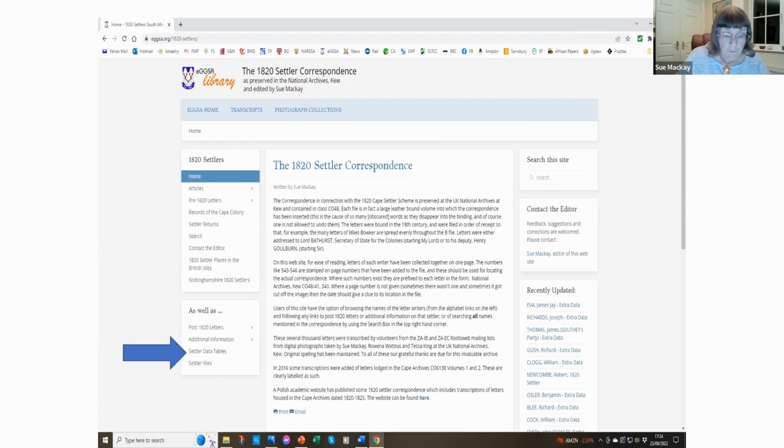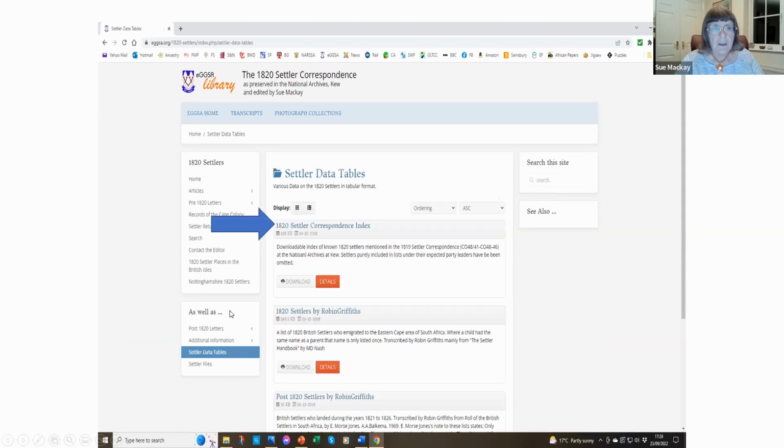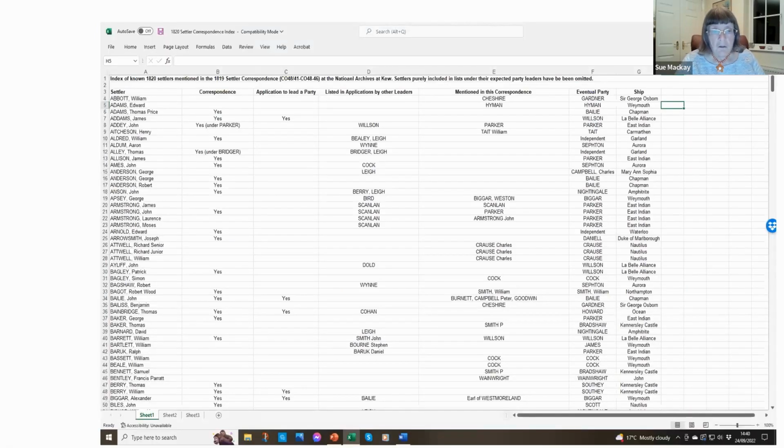And to facilitate finding such letters, I compiled an Excel file, which can be downloaded from the eGGSA site. And if you go to settler data tables, then you come up with the settler correspondence index, which looks a bit like this. You see the name of the settler. There's a